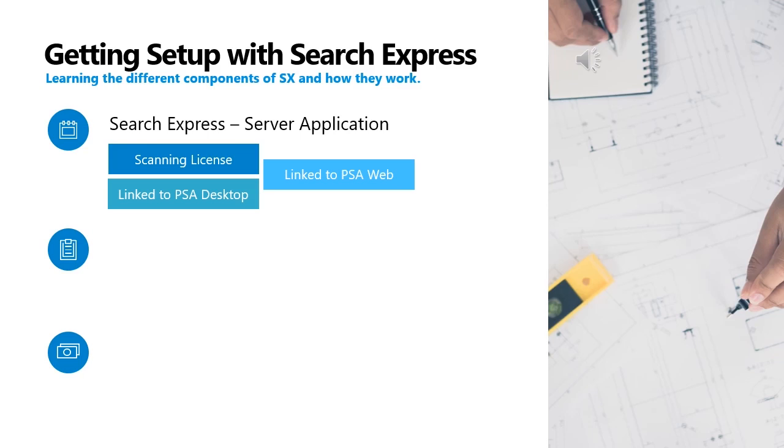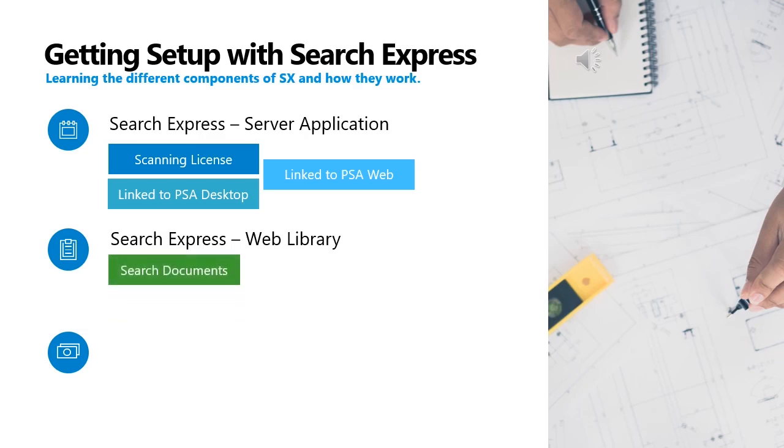The second application is the Search Express Web Library. This application can be used to quickly search or find any historical invoice or receipt that's been scanned previously using keywords, dates, or approvers to narrow our search down and pull up a range of documents that we can look up. The Search Express Web Library is also used for our web inbox for our approvers. This allows each approver to log in, no matter where they are, and access any invoice or receipt that needs